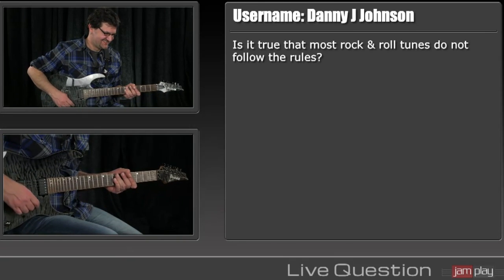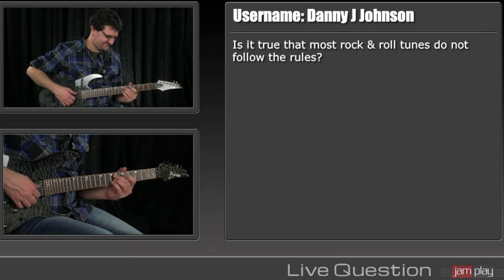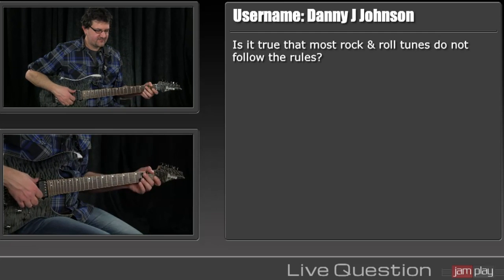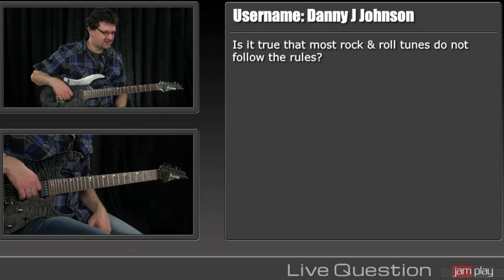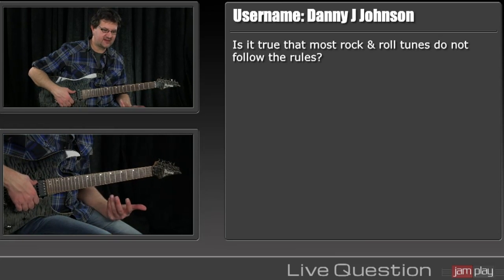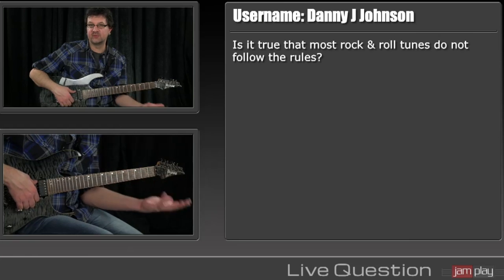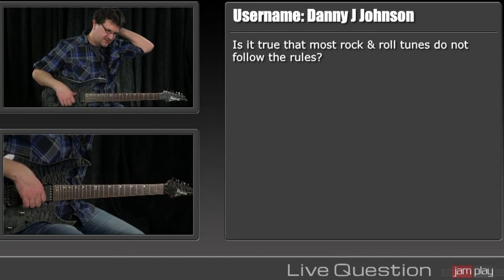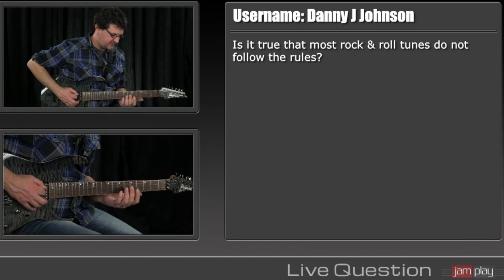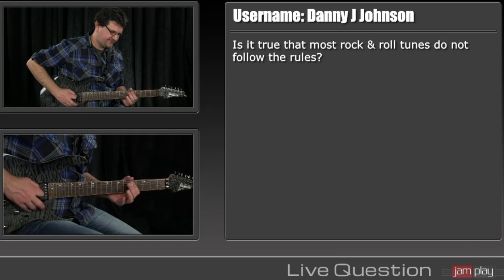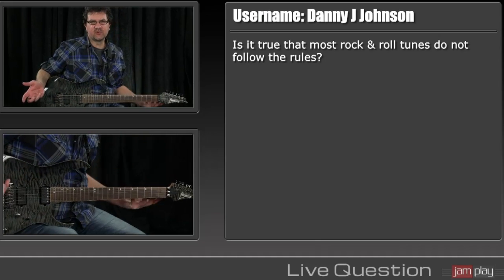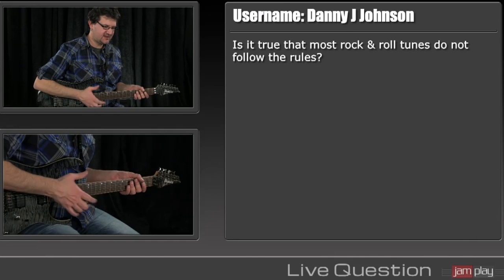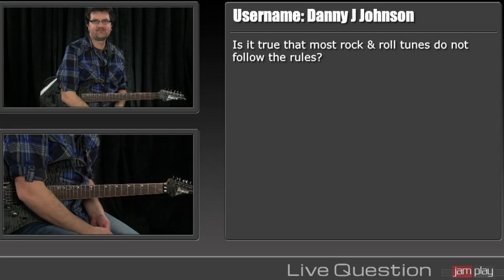All right. From Danny J. Johnson, is it true that most rock and roll tunes do not follow the rules? Good question, too. I don't know that it's true. I think it follows rules, but maybe not rules that are from the classical world, especially if we talk about the pentatonic blues scale, the blues scale, which is a scale with an additional note in there, the passing tone, a note between the fourth and the fifth. It follows its own sets of rules. I don't know where you heard that, but I think it's coming from the fact that in rock, blues, and those kind of chord progressions,